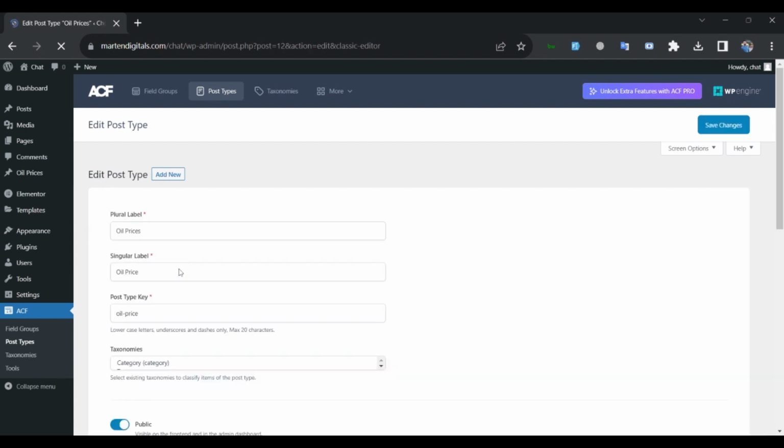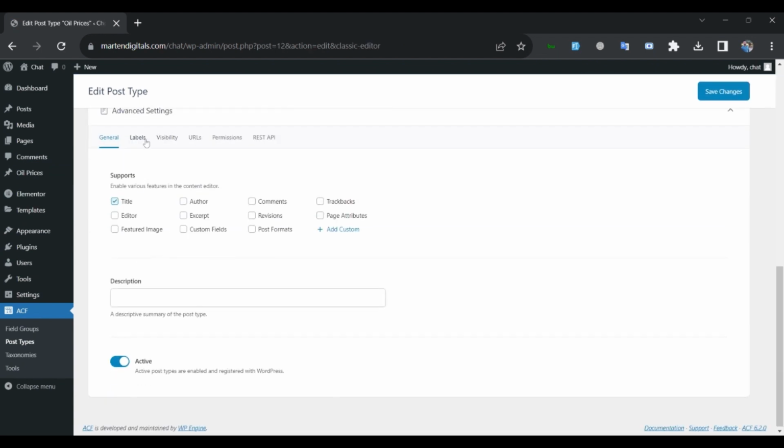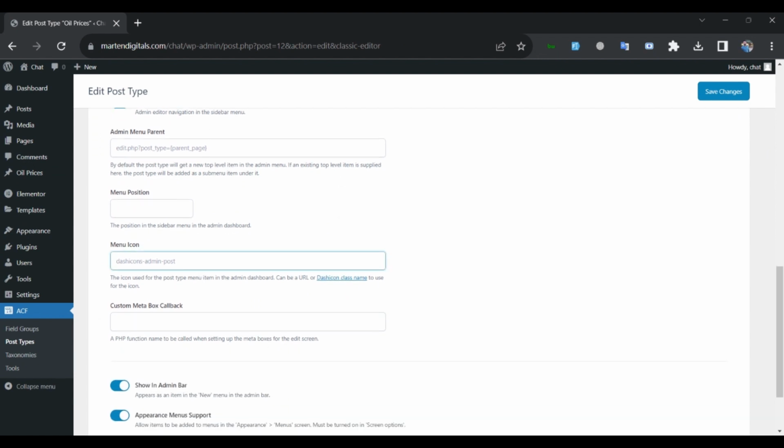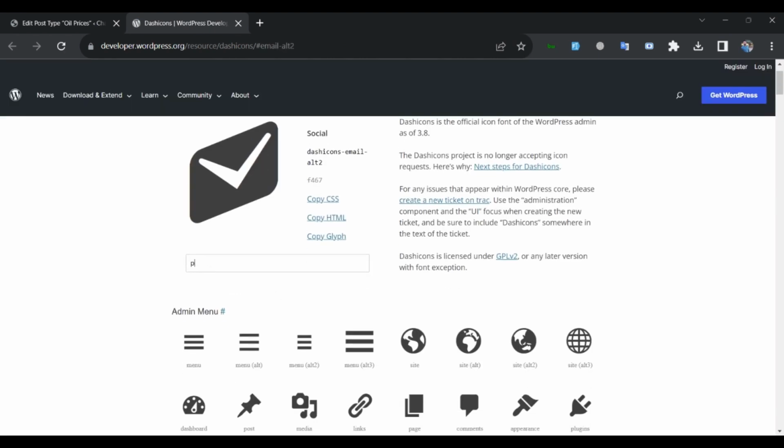I'm going to edit the post types, and in the advanced fields and the visibility, I will be able to add the dash icon class. Here you can find your required classes for the dash icons. I'm going to select the price, no, the cost, no. So I can add something like